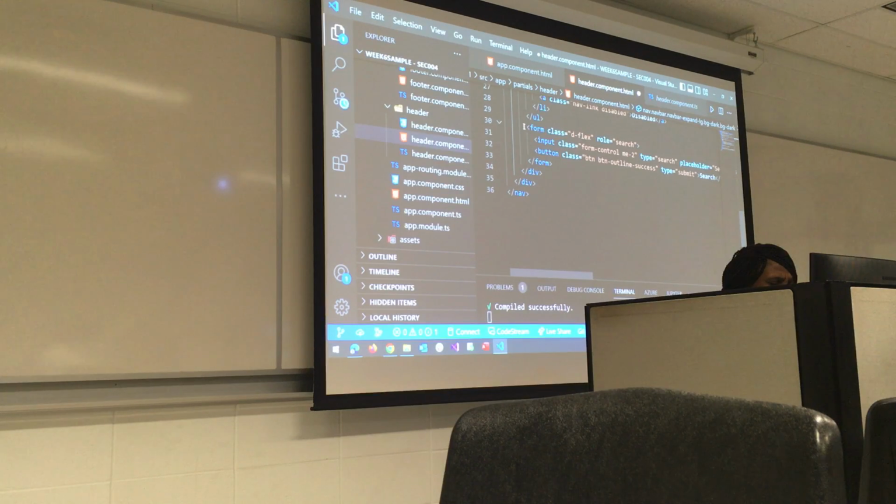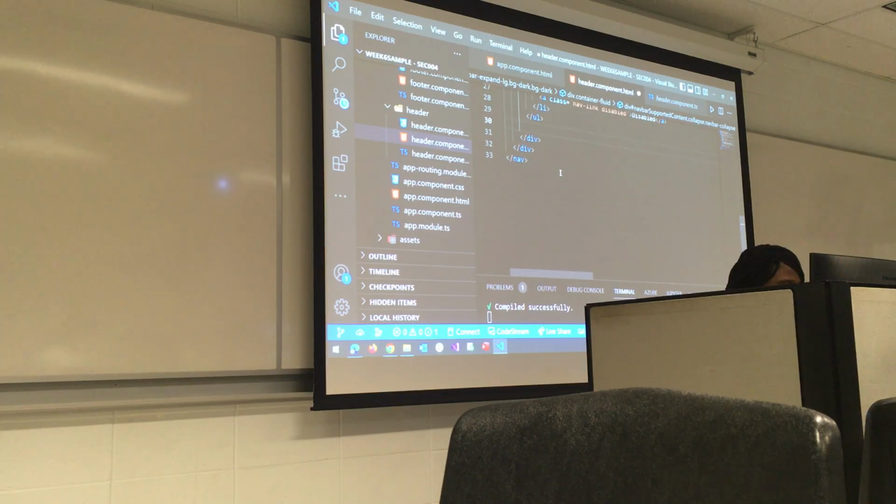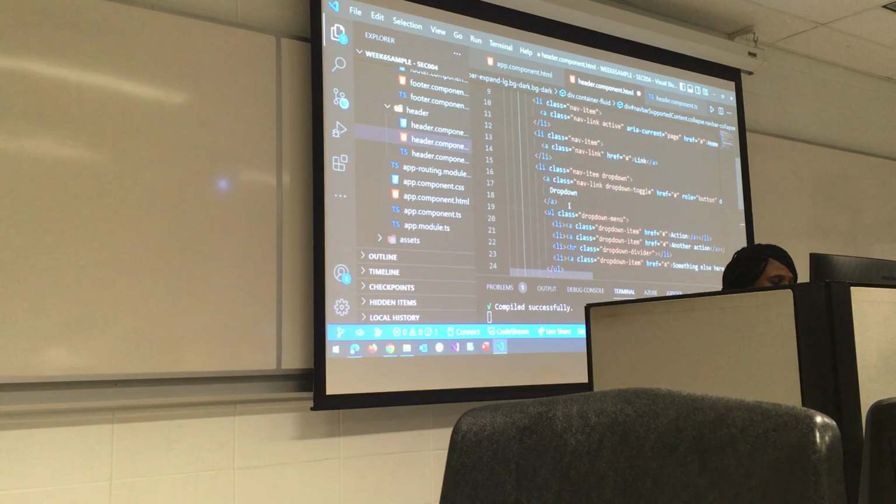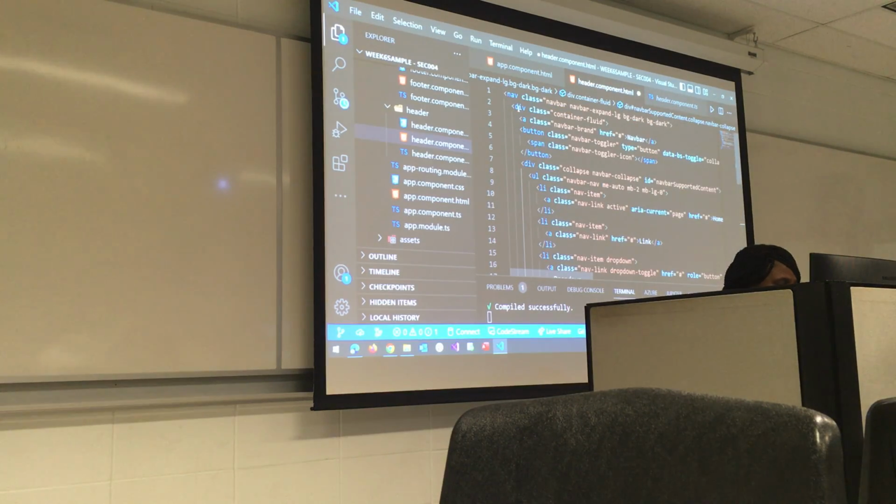So let me scroll down. We have this form element. I'll remove the form element that we have there. Then I will scroll up.